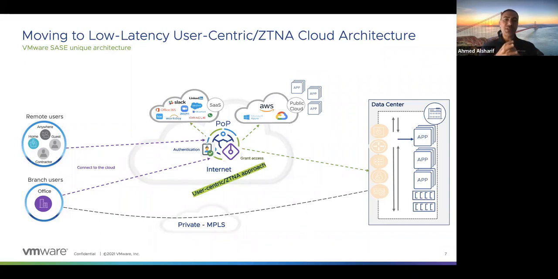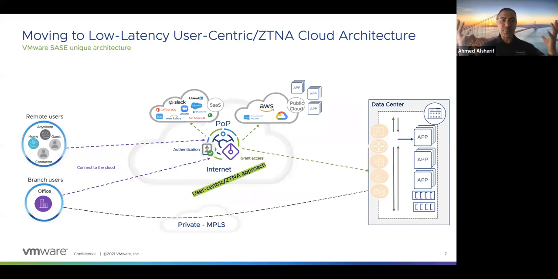Now, to implement zero trust network access, you can do it in different places. I'm going to talk about the SASE implementation of zero trust network access. But this is the concept, if you are wondering where zero trust network access is important. All right. So let's see now how VMware was building SASE, because SASE will utilize the zero trust network access, user-centric approach at the heart, because you cannot provide SASE if you don't know who the user is. Remember the problem that SASE came to solve. Users everywhere, applications everywhere. So the whole thing to connect user to application, I need to know the user and I need to know the application.